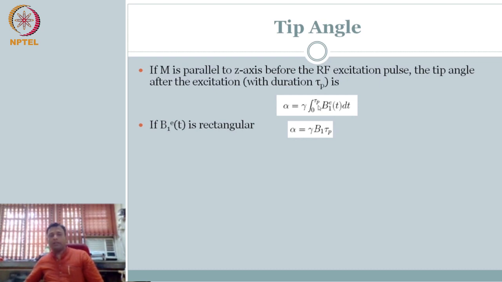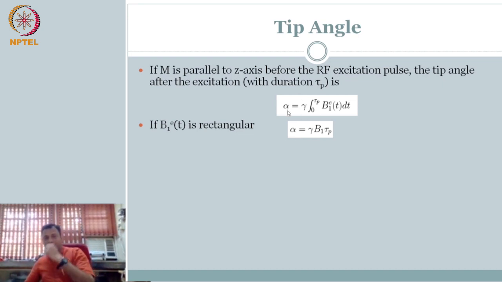So however much time I have this RF pulse, the excitation pulse, on is going to determine it. If I have it on long enough, it is going to push it down as much as possible. If I just have it on and off, then I may just move some angle, but I might not have gone fully. So the amount of time that you switch on this excitation is going to determine the angle to which it is going to be pushed.